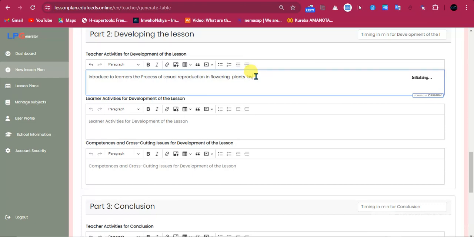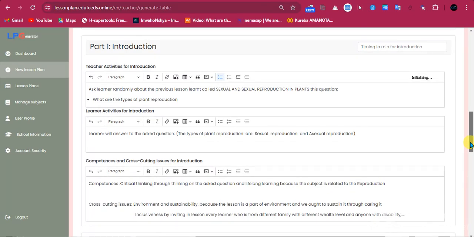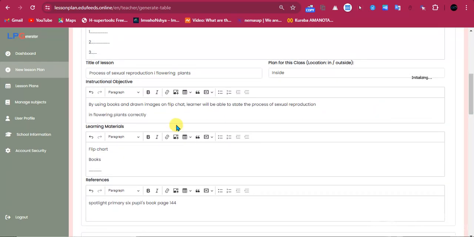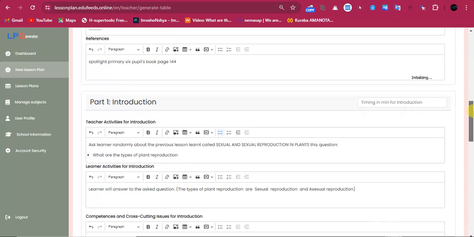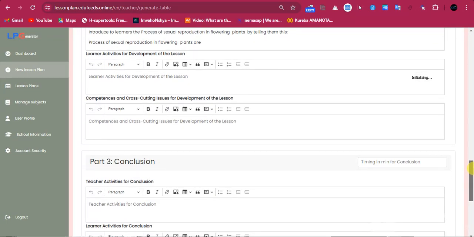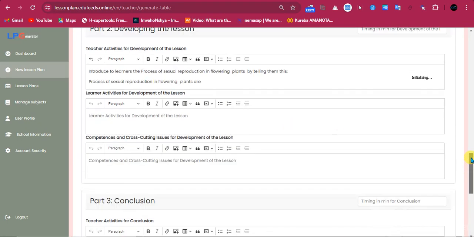The process of sexual reproduction in flowering plants are, the first one is, respect the order, because in the instructional objective they said it will be done correctly, meaning following the order.